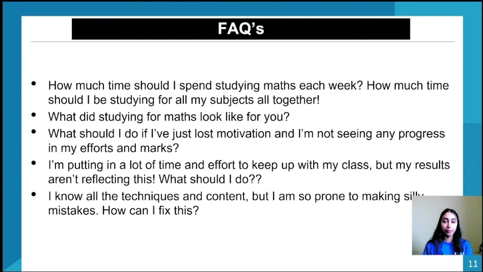What I personally did is I'd have a set goal for what I wanted to get done. I still use it even at uni. You guys can't see this on the camera, can you? There you go, kind of. You put out the subjects that you want to study for the day. If you're not too sure which subjects to study for the day, then you can make some kind of timetable to block out 2 or 3 subjects.